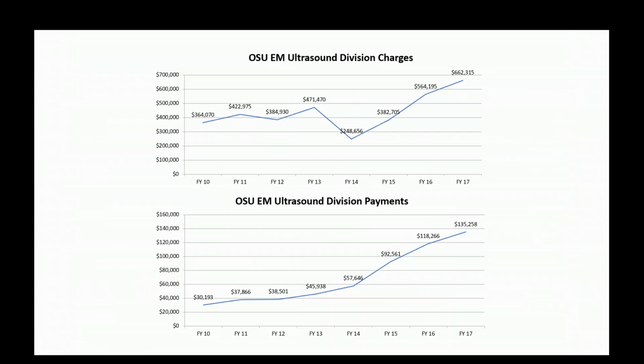The one above shows our charges, and the one below shows our payments, what we collected. A couple of things on this. You can see that the line has gone up. Interestingly, in 2014, we started using QPath, which really helped our billing quite a bit. And so the rate, if you look at the fraction here, we've gone from about 18% collection to probably in